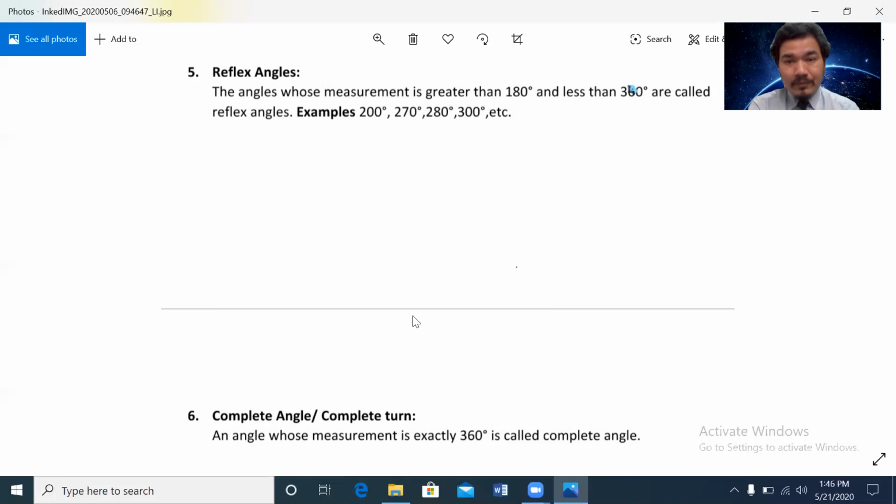After this, there is the complete angle. What is the meaning of complete angle? We can call it a completon also, that is the circular one, one round, a complete circle. An angle whose measurement is exactly 360 degree is called a complete angle. Whose measurement is 360 degree, we should understand that angle is a complete angle. Completon also, that forms the circle. Don't forget that. One complete round means it is the form of a circle.